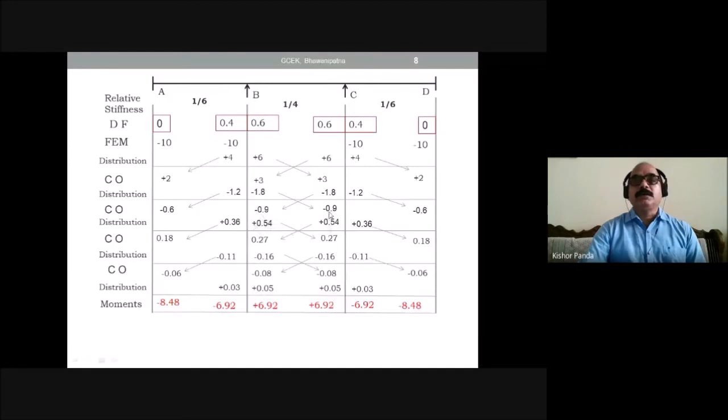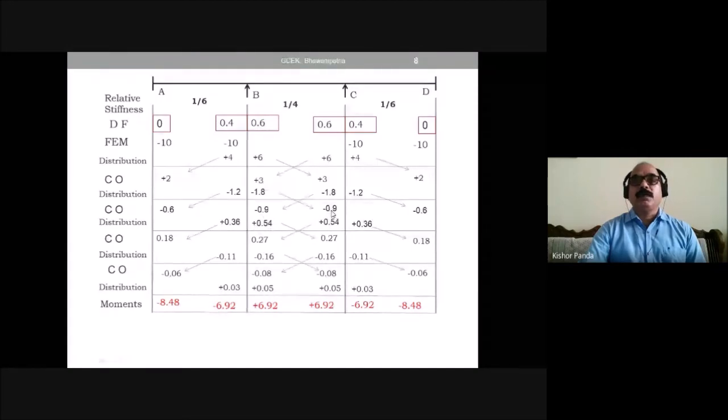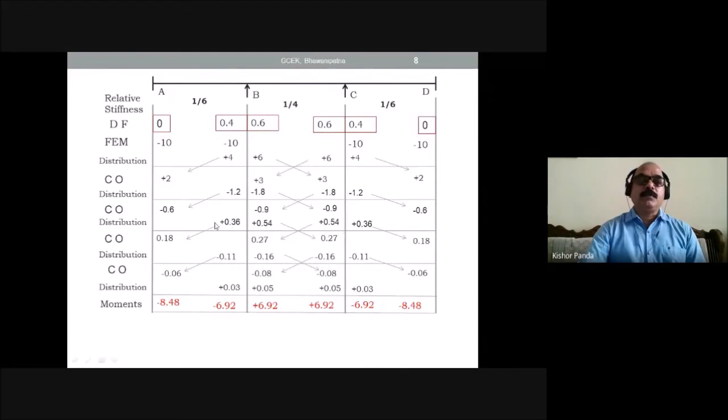Here also, in a similar way, you have to put the distributing moment or balancing moment. Then once again draw another line and go for the carryover. So this moment will carry over to this side, carryover, carryover, and carryover. Then after carryover, once again you go for balancing the moment. So here this into 0, 0, and what is the net moment at joint B?